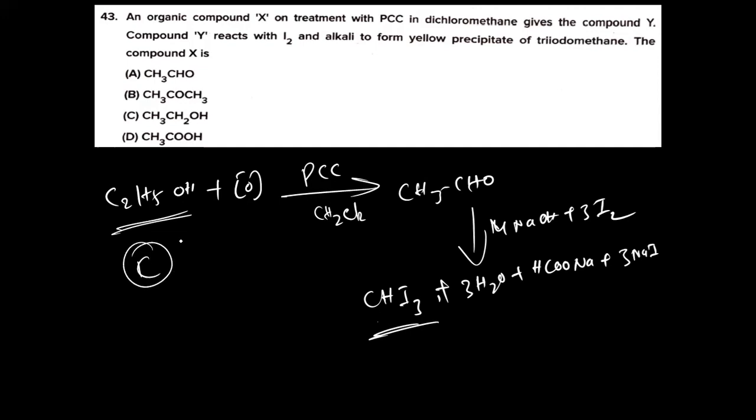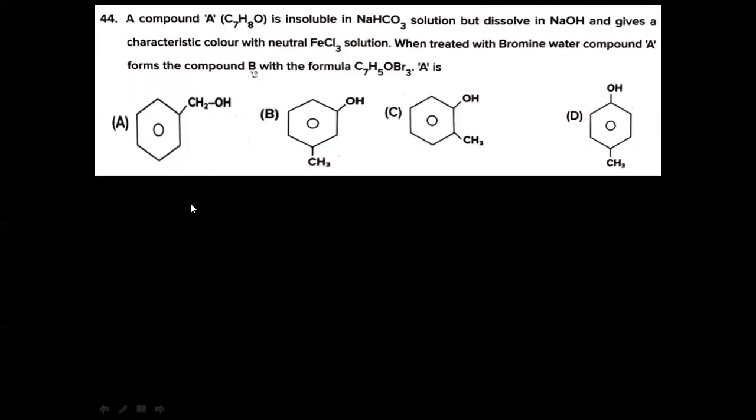CH3CH2OH, ethanol. Option C. 44. A compound A, C7H8O is insoluble in NaHCO3 solution but dissolves in NaOH and gives a characteristic color with neutral ferric chloride solution. When treated with bromine water, compound A forms the compound B with the formula C7H5OBr3. Then A is,